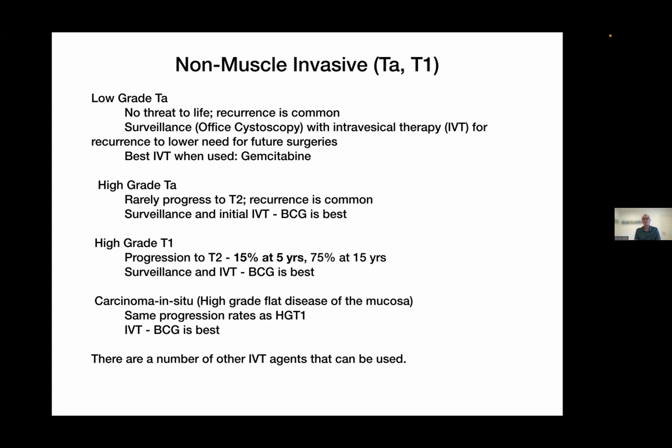The last sort of disease that we see on biopsy is something called carcinoma in situ. You hear about this in cervical cancer too, but for bladder, it's a high-grade disease of just the mucosa. And these are people that have recurrence almost guaranteed and progress to T2 at the same rate as the high-grade T1s. So we use BCG primarily in this group, but they're also at high risk for developing life-threatening cancer over the ensuing 15 years. Now, that said,